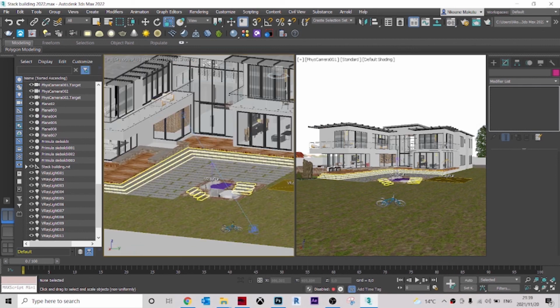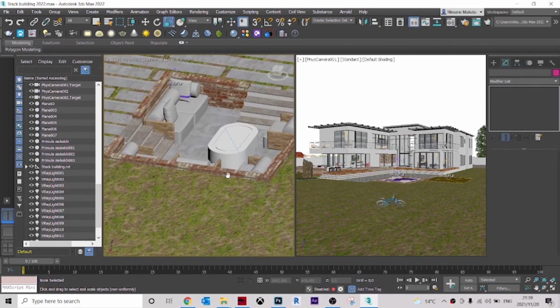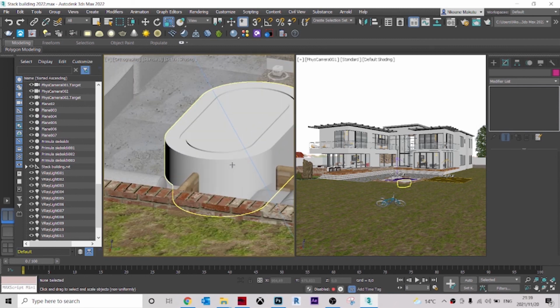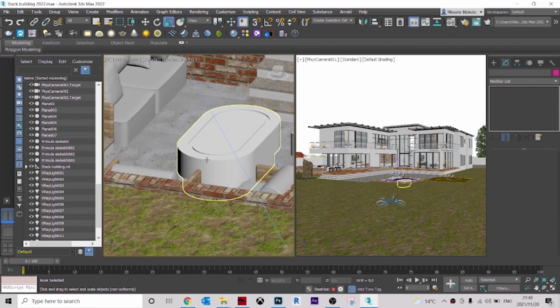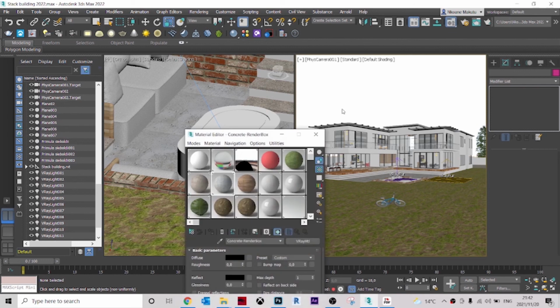So we can get this out of the way, and we also need to add material for the fireplace there. So for this fireplace,